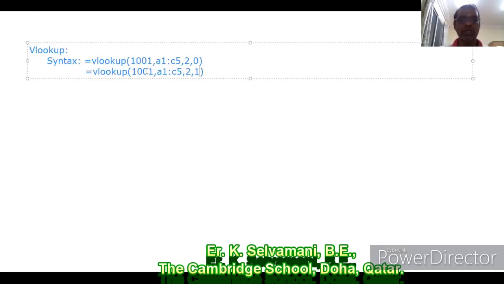If 1001 is not available, it will look for the largest value smaller than 1001. So many values will be there. Out of these values, it looks for the largest value that is smaller than 1001. For example, 1000.9 is most probably the largest value smaller than 1001. If 1000.9 is there, it will return the value available in the second column. So that is when 1 stands for approximate match. I will explain it with the help of the worksheet, no problem.